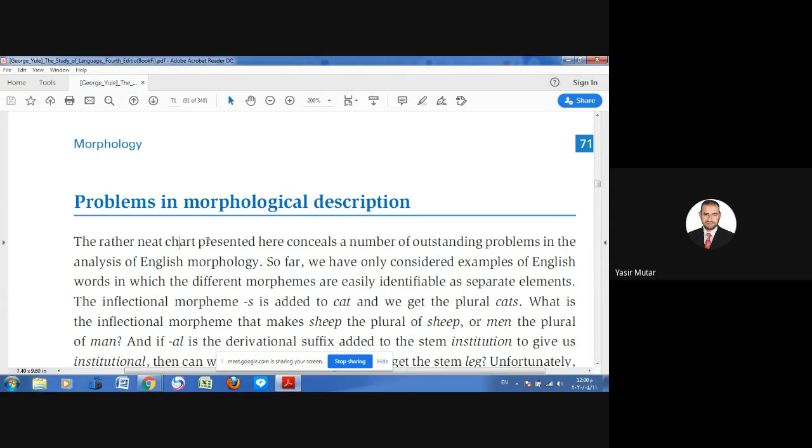For example, the word cat: by adding the inflectional morpheme s, I can get cats in the plural form,